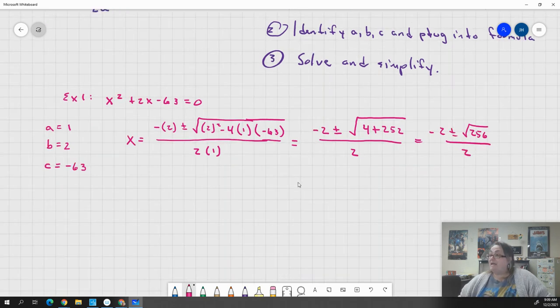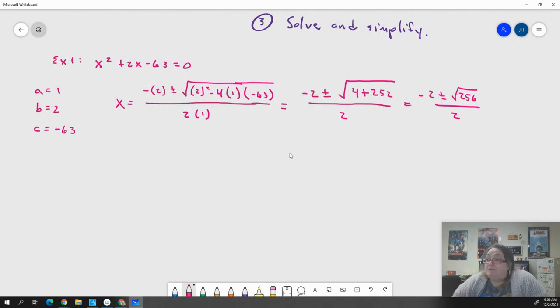Right? That is almost our answer, but this is not a simplified version of the answer, right? Notice that it is 2 answers, right? It's going to be -2 plus the square root of 256 over 2, and it is going to be -2 minus the square root of 256 divided by 2. And lucky for us, the square root of 256 is a nice round number. It is actually 16 times 16, right? 16 squared equals 256. So this is -2 plus or minus 16